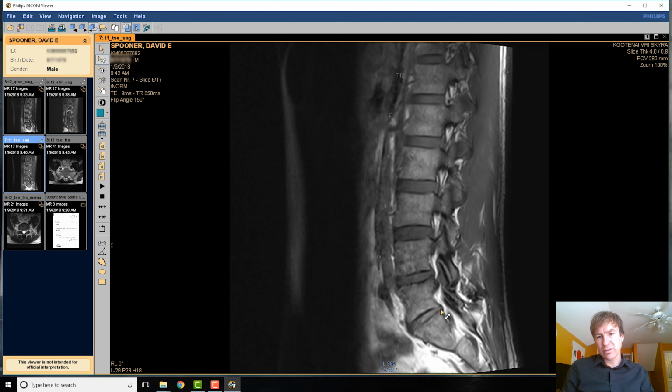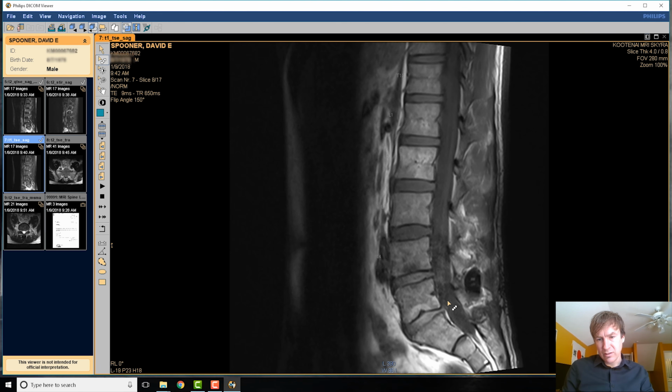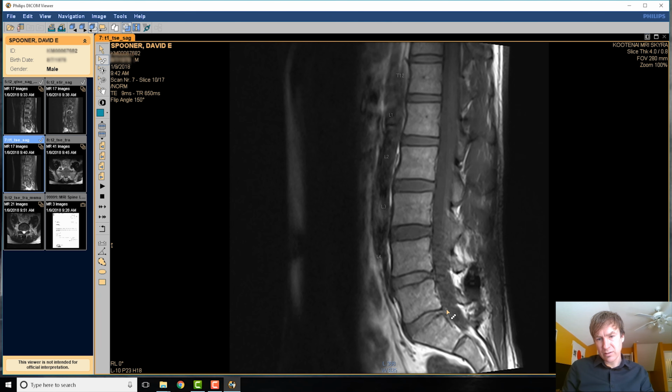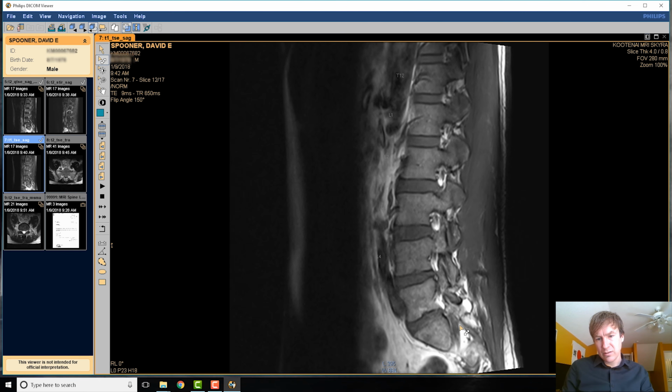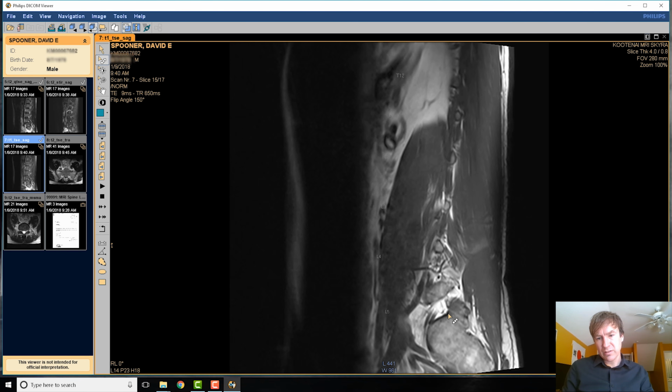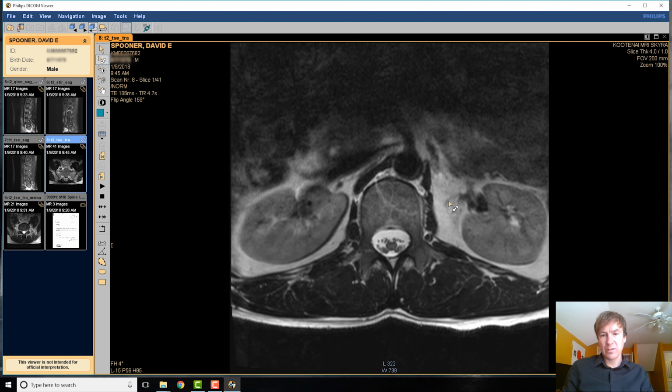Well, this one doesn't show much of a difference in darkness between the healthy disc and these two that are unhealthy, but in some of the other images, maybe the ones we first saw, you can see that they still are kind of desiccated and dehydrated, but the important thing is that there's no bulge or herniation, and it seems to have completely healed up,